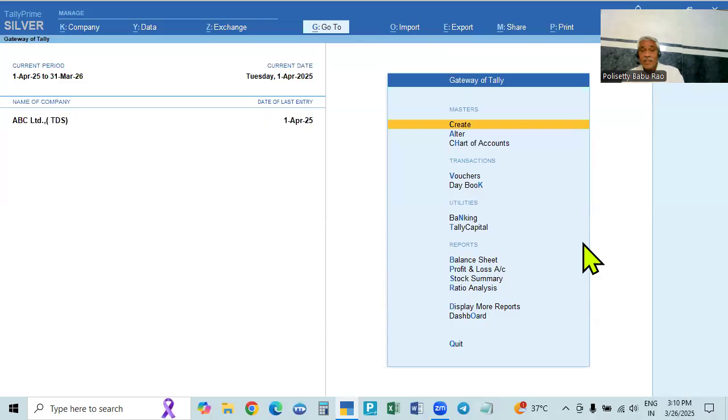The data is continuing. That is why, if something happens to the data, or some correction is made, that will affect this year's data also. This year's data may be corrupted, or it will give a problem to this year also. That is why the first method, creating a new company, exporting and importing, is not good. Nearly 99% will not use that. In this one, at least 40 to 50% still use it, but continuation is a problem. So we are going to do the same thing in another way.